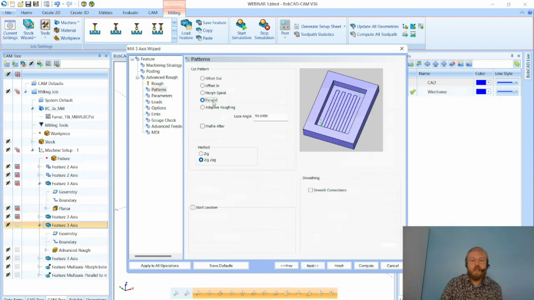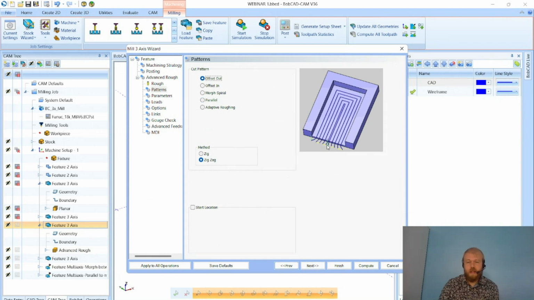So we start with parallel, that I'll show you. We can zig or zigzag back and forth inside of the pocket, going from one side to the next. Then we have our offset options. Offset is where it will start at the center of the pocket and step over, working its way out to the outside of the pocket. Offset in is the opposite, where it'll start from the outside, from the walls there, and work its way in,